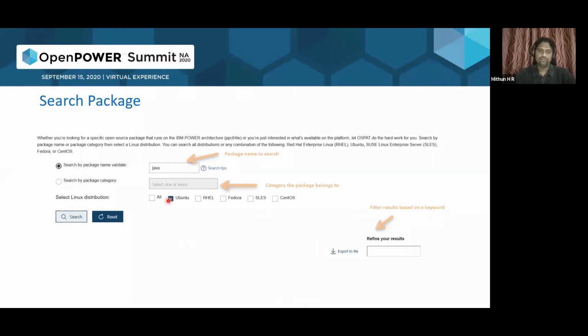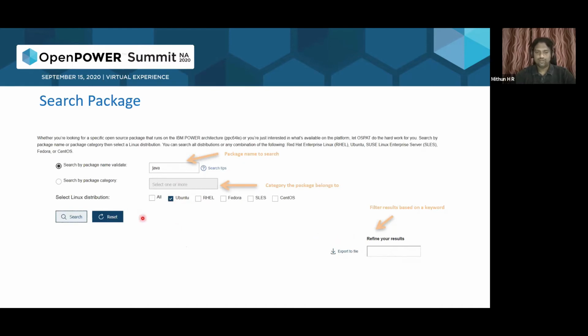Suppose you are looking only for an Ubuntu based distribution or a RHEL based distribution, you can select that particular distribution and click on search. Once the results are there, you can refine your results. You can also export them to a CSV file, and you can download the search results as well, right?